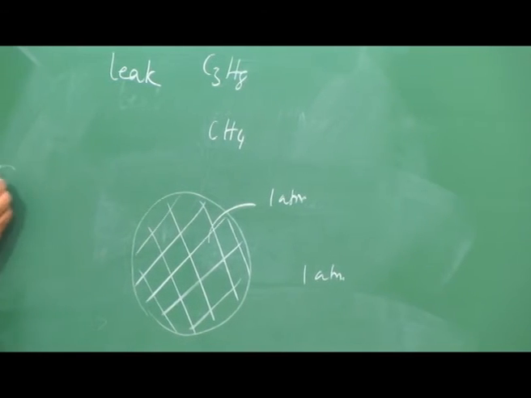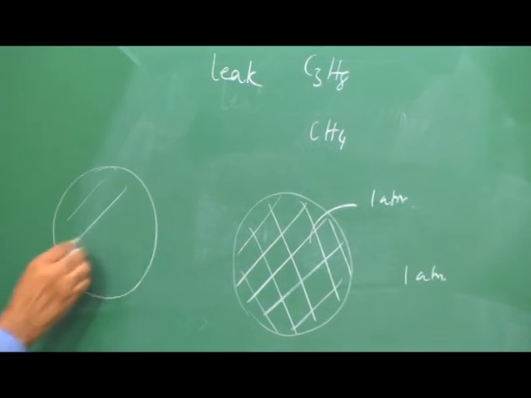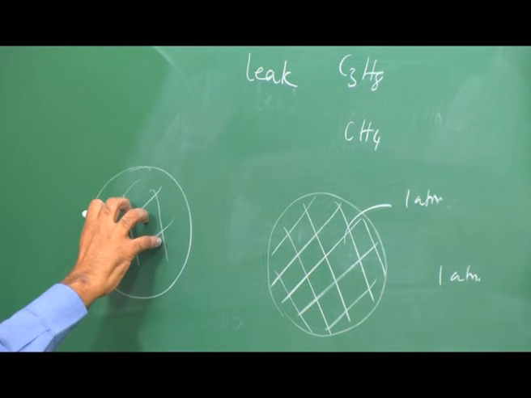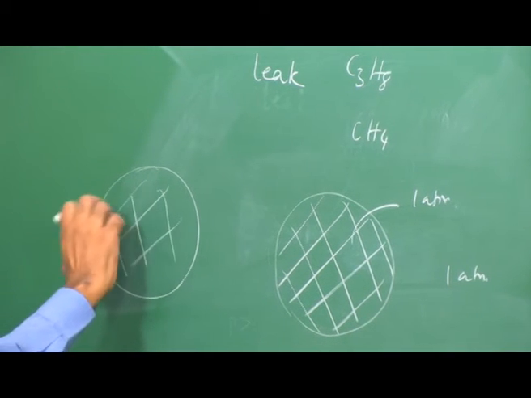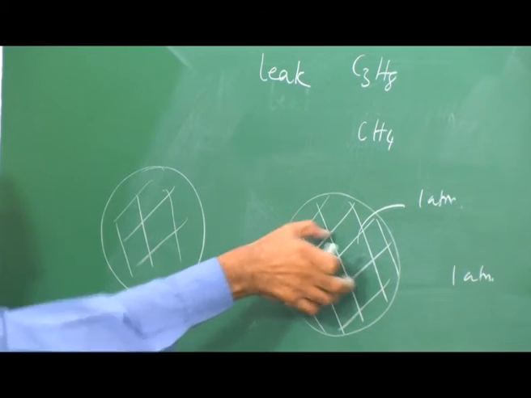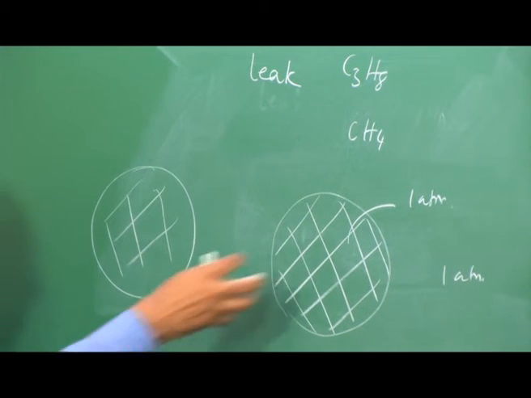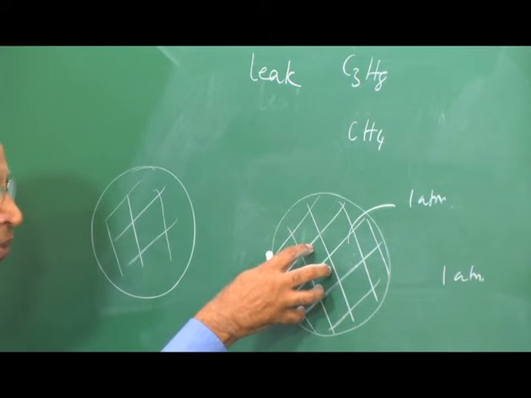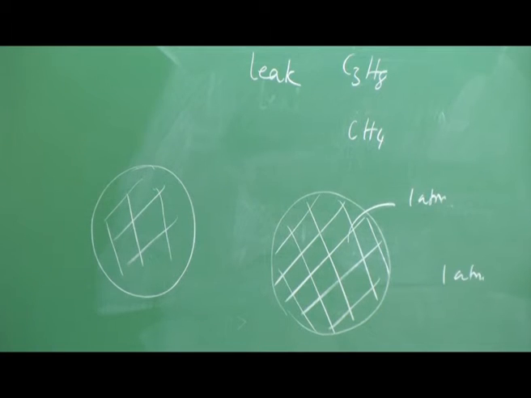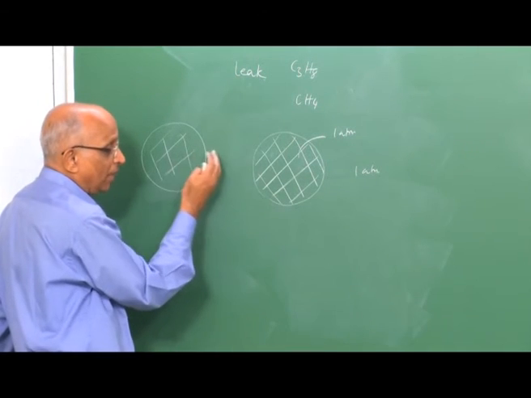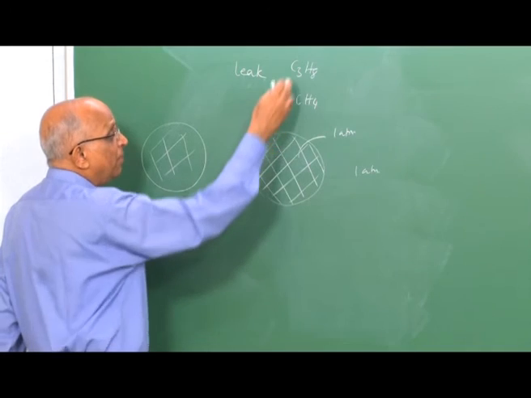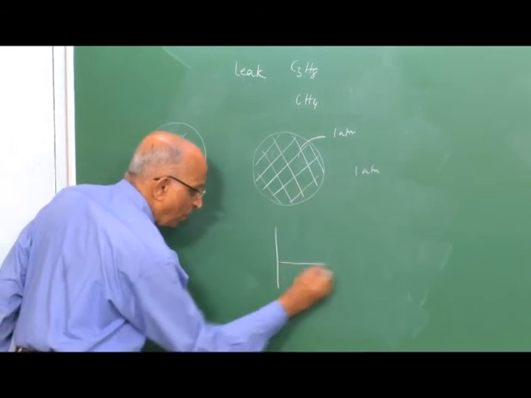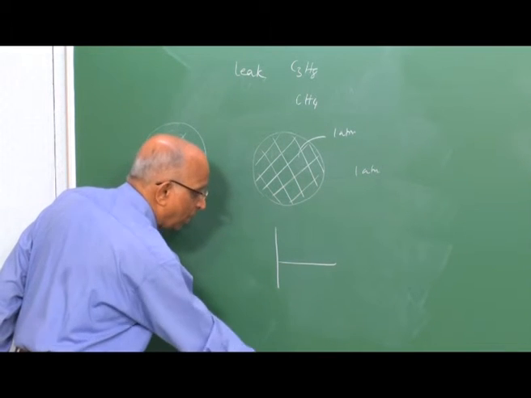It is not that I have a container or a bomb in which this particular gas mixture is available. I can understand when I contain a mixture in a bomb, pressure builds up and the bomb bursts, but this is in the atmosphere itself. In the atmosphere itself, supposing I have a cloud of methane or a cloud of propane with air which is formed, can it result in an explosion? The question is, well, it is not confined, but I do realize that maybe propane, methane or hydrogen cloud goes through the process of having, let us say I plot it now,